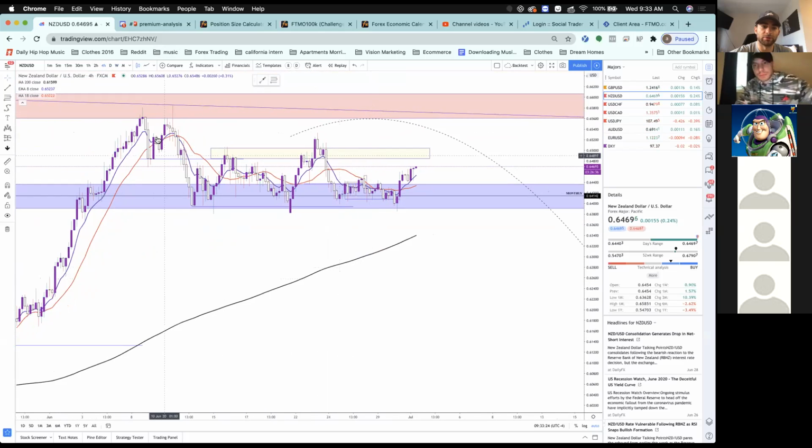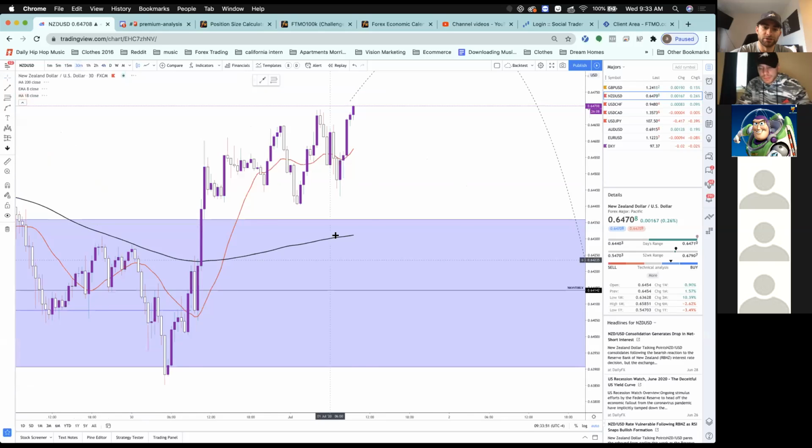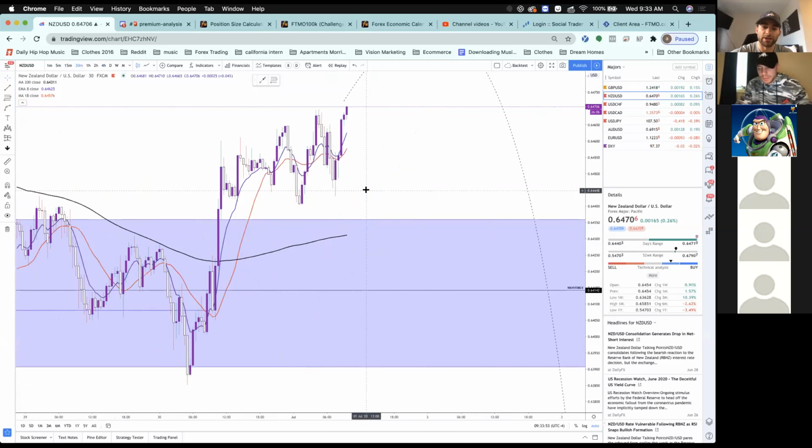On the 4-hour time frame, we broke below this level, came back, made this lower high, came back, was retested, continuing to reject this monthly level that I've placed on the chart right now. So what I'm going to look for next is price to come back into this supply zone. I'm going to look at the lower time frames, on the 30-minute at structure, and I'm going to look for some sort of break of structure.